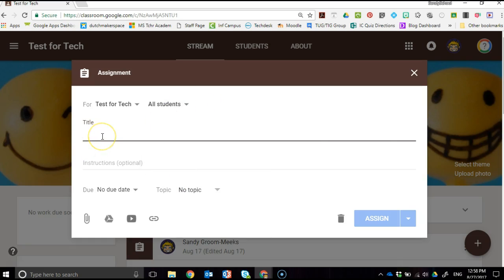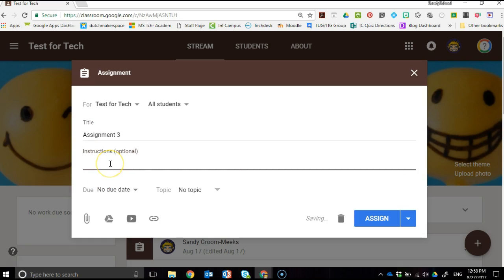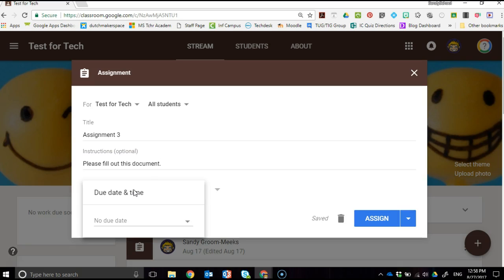You would create your title, assignment 3. You would have instructions here. Please fill out this form or this document. You would set a due date. If you don't have a due date, it's never overdue, but you can set a due date and a time so that if you have something due at a particular time, it will mark it as inaccessible if it's beyond